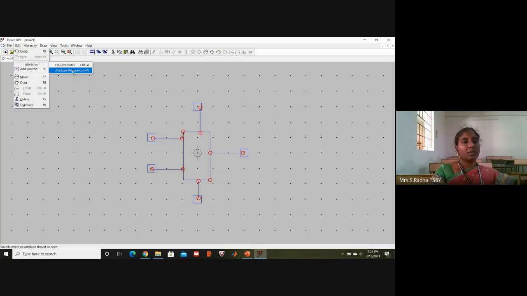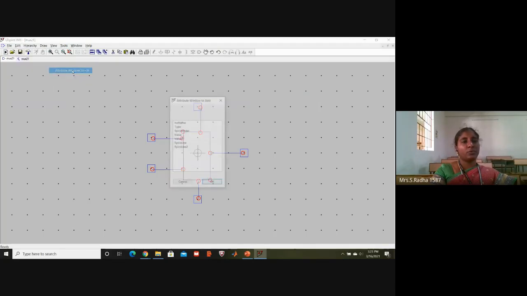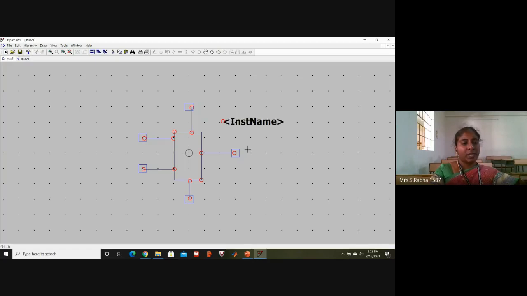Second, go to the same edit attributes, attribute window, instance name. Okay. You have to put it only then. Whenever you take the symbol, additional copies will come, so that at one single taking the component, you can place many number of symbols in the new schematic. Now I'm saving all this setup. Okay, I'm going to a new page.